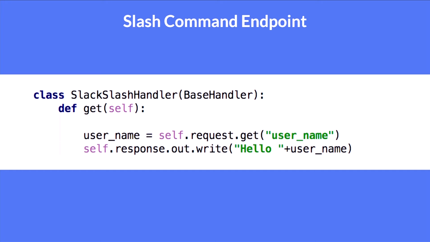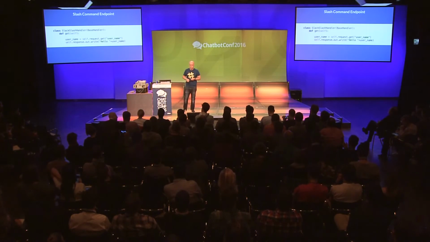At the technical level, a slash command is a URL that you expose to Slack. So the user writes the slash command, Slack servers hit your server, saying, hey, this user with this team has run this slash command with this text, and the response that you give back to us is what the user sees. Okay? So again, it's super simple, a way to interact with users.